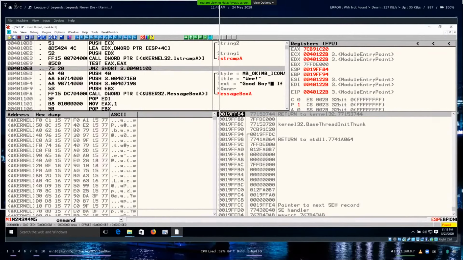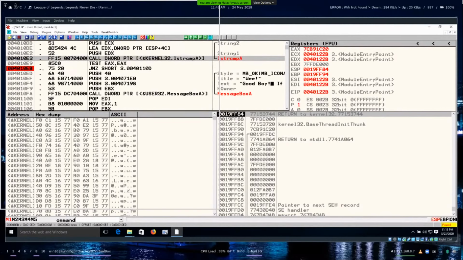Now let's just put breakpoints everywhere. We don't want it to take this. And this EAX is set by this call, string compare.